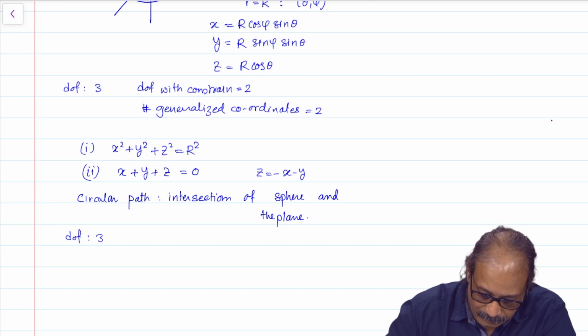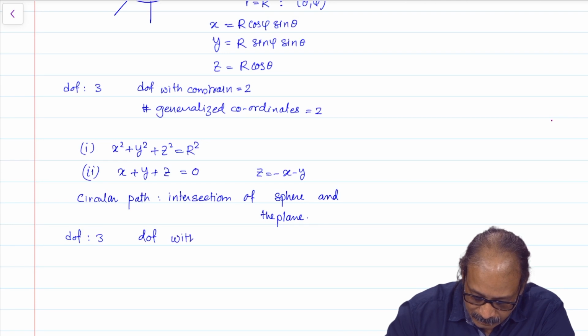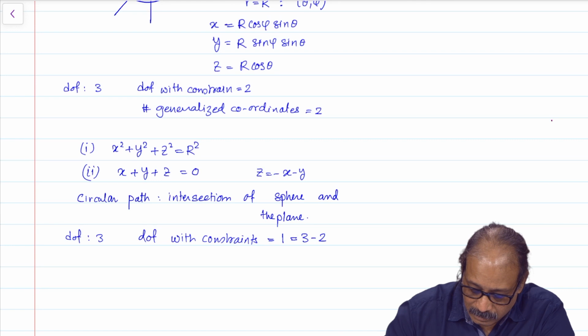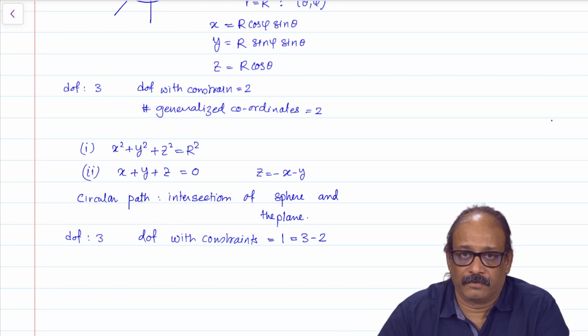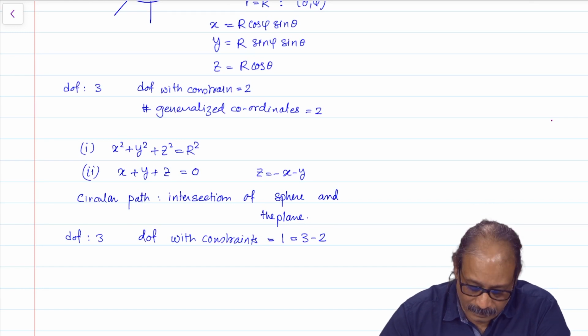So, the number of degrees of freedom now, originally it was 3, but degrees of freedom with constraints is now just 1, which is actually 3 minus the original degrees of freedom minus the number of holonomic constraints in the system. And this is the idea that we will take over